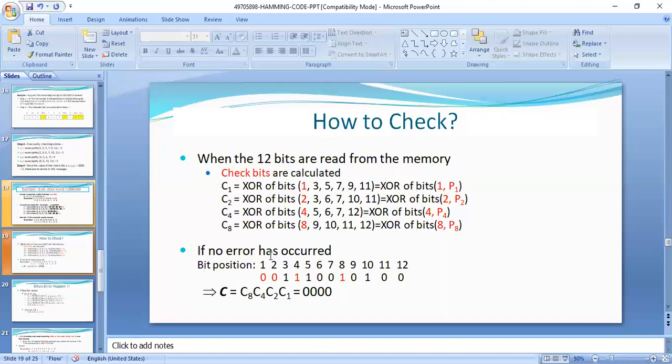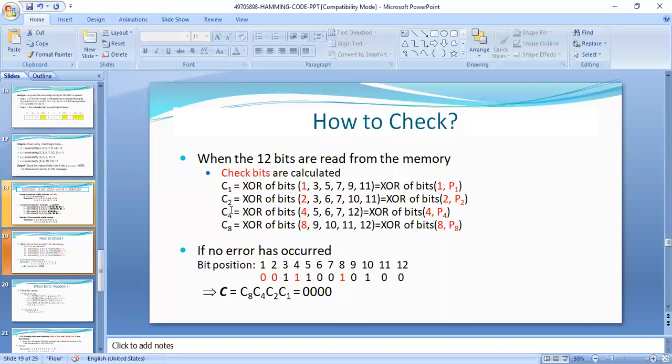So how do we check if the received code word is corrupted or not? These are the steps. What is the main step in the checking process, in the decoding process? Parity checking. The positions we excluded in the encoding process, we include in the decoding process. Same even parity scheme. So C1 is the XOR of the corresponding positions, C2, C4, C8. These are the parity checkings.